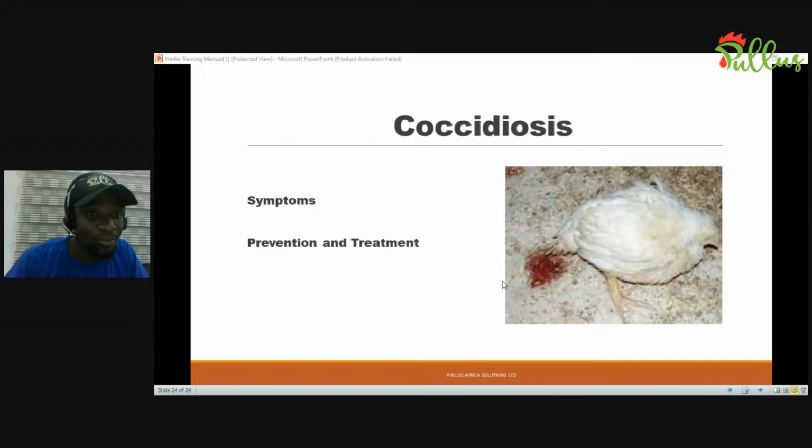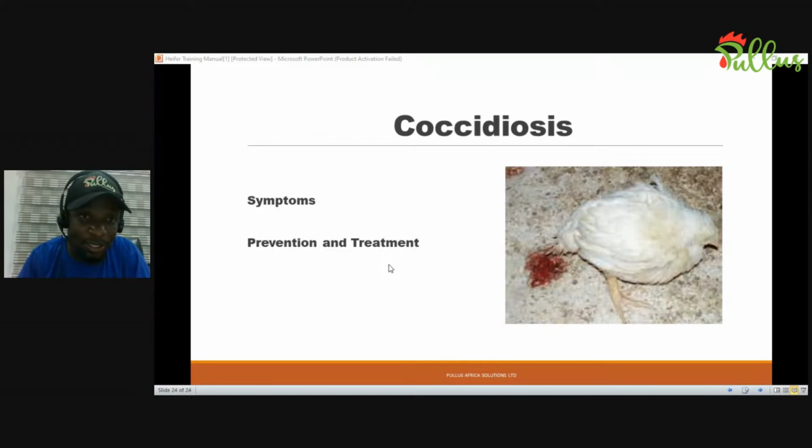And common symptoms, very common. You see bloody diarrhea. As you can see in this bed here, you see that chickens will start passing bloody diarrhea. You see that there's also reduction in feed intake. There's also reduction in their activity. You also see rough feathers. You see that their feathers are rough. And those are some of the symptoms that you can see when your chickens are having this problem as well.